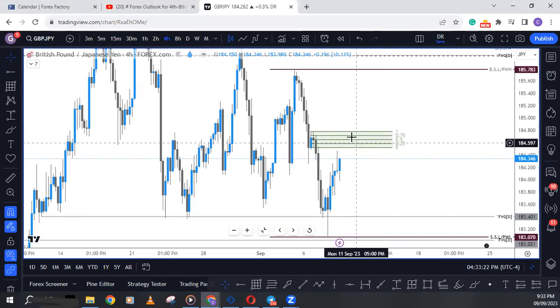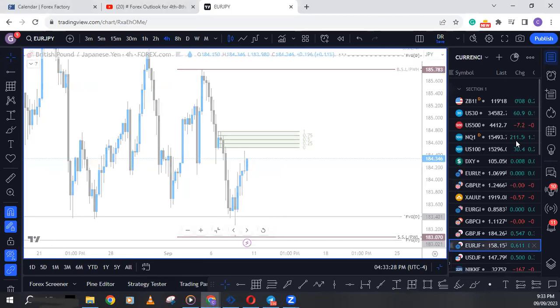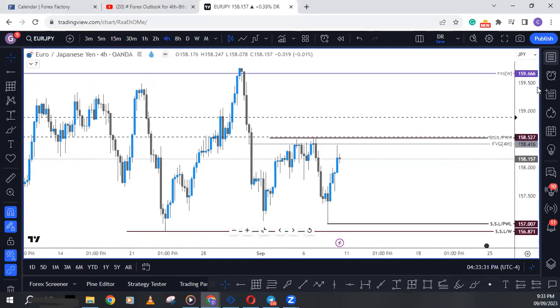So if this gets rejected here, it might move lower. So that's it for the pound yen. The last but not the least is